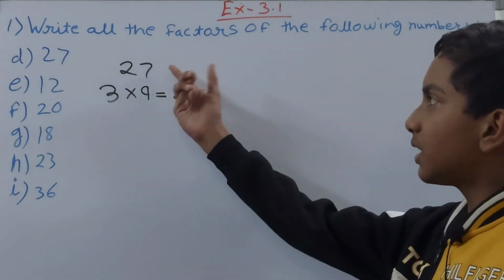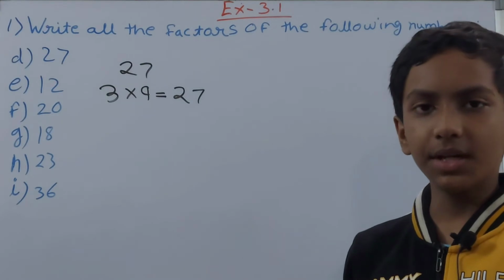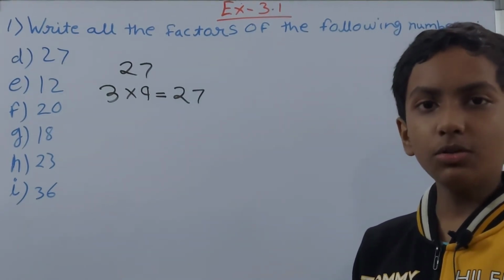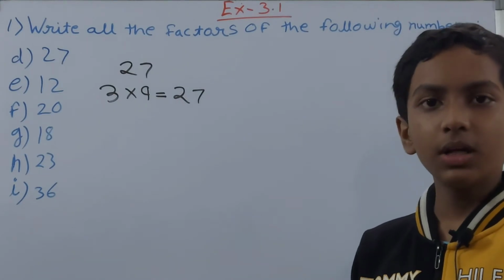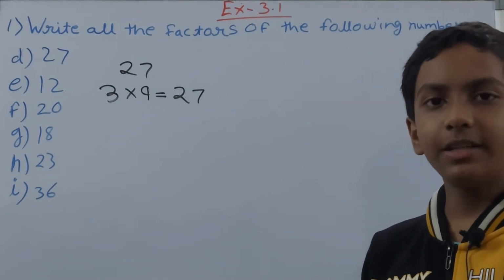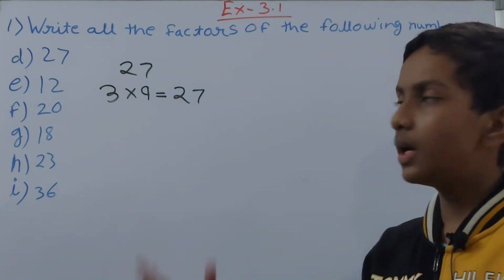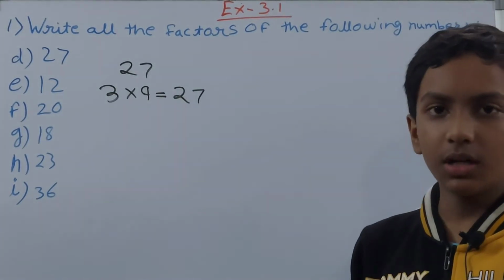Because 28 comes just after this, and before that we will get 24. So it will not be there. 5, you need to keep one thing in mind for 5 also, that the digit at the ones place should be 0 or 5. Then only it will be divisible by 5. Here it is 7, so it is not divisible.